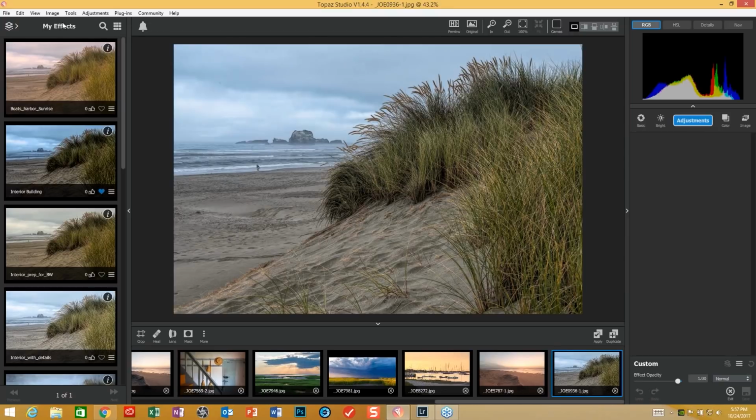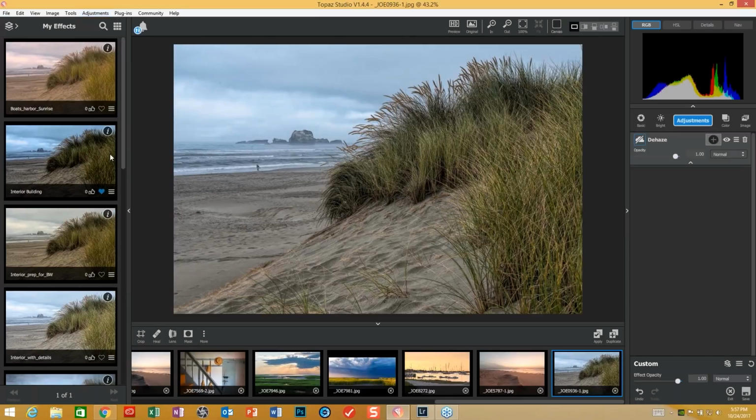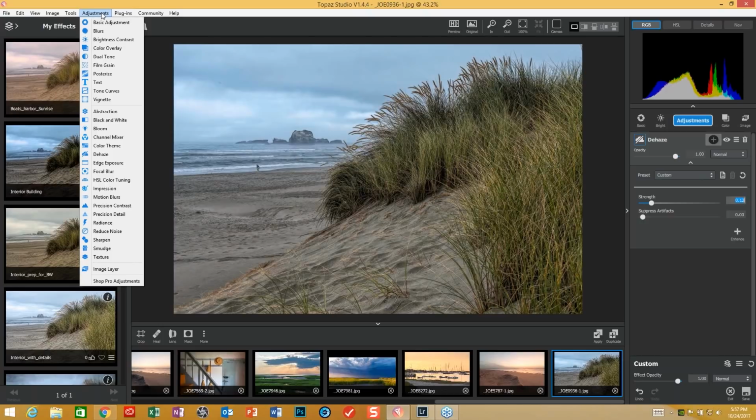And what do I want to do? I want to make an adjustment to the haze. Take a little bit out because it was one of those typical Oregonian days where it's got a little bit of fog. And then I'm going to put another adjustment in here of